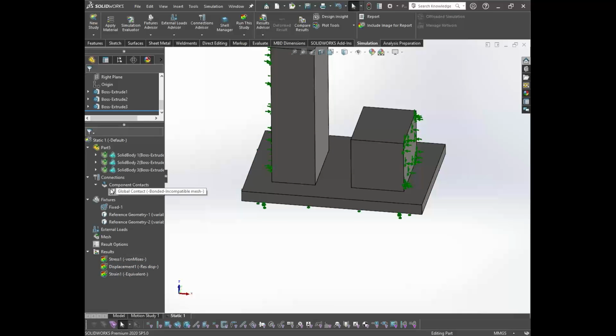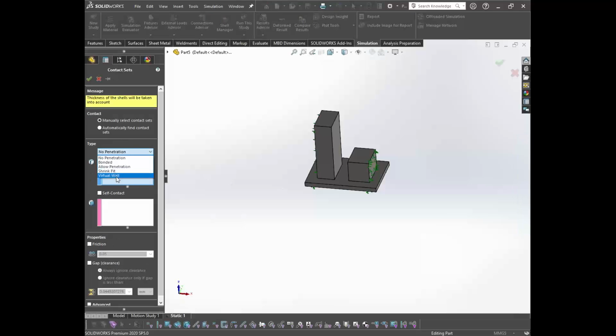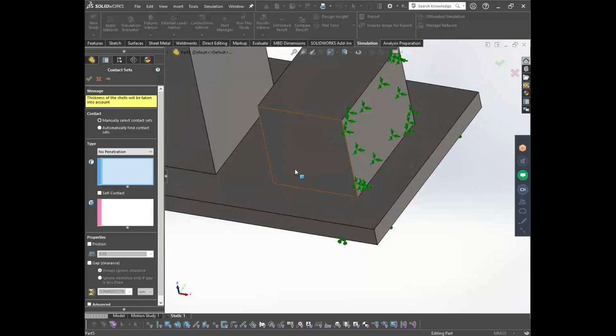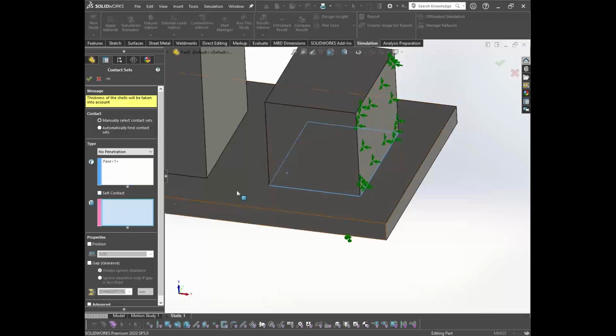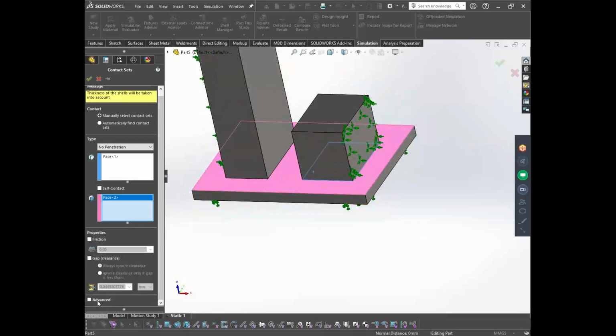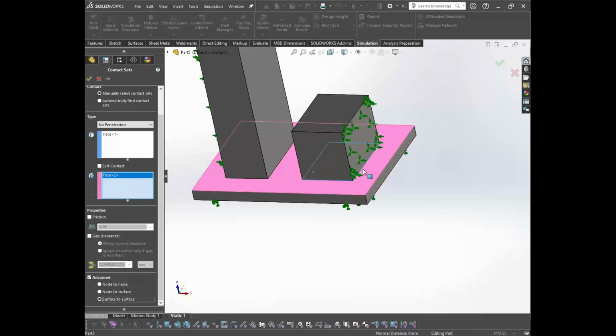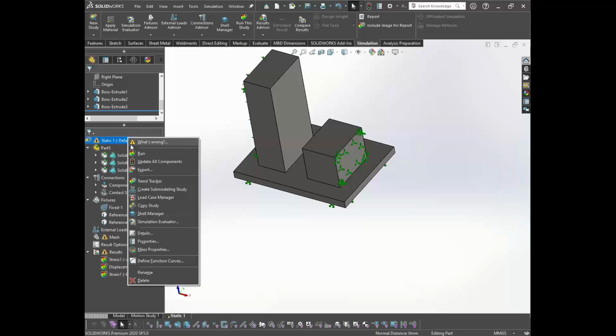So global bonded contact is there. Global means it will be applied to all the parts involved in the assembly. Once I click on contact set and select no penetration from here, there are different contacts. I'll explain you when we are doing the exercise. So select other. I've selected the bottom face of this block and selected the top face of this block. These two faces I need to define. I'm telling that surface to surface contact is there, and don't apply the friction. So the surface is frictionless. Click OK. Now when I run it,